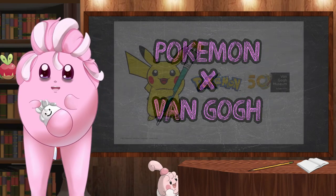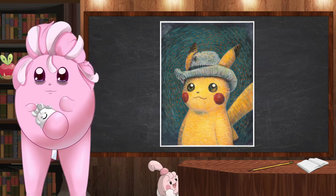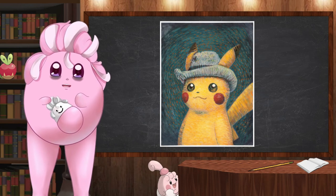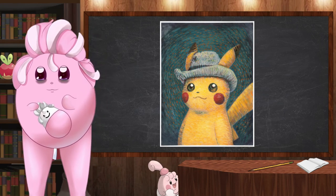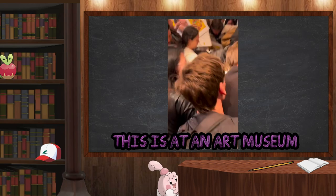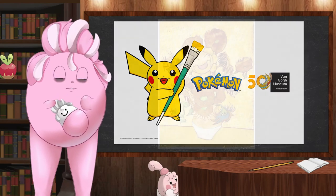Pokemon X Van Gogh. This is probably one of the more recent Pokemon collabs that actually got out there to the media. Hopefully it's due to the Van Gogh Pikachu portrait, because that's sick, honestly. But it may also be because Pokemon fans became absolutely awful degenerates at the Van Gogh Museum itself, stampeding the establishment to try and get as much of the merch as possible, because the art itself, exhibit, and history don't matter. It's just all about buying merch. Disgusting. Either way, this collaboration is sick, as it has Van Gogh art reimagined with the likes of Sunflora, Snorlax,